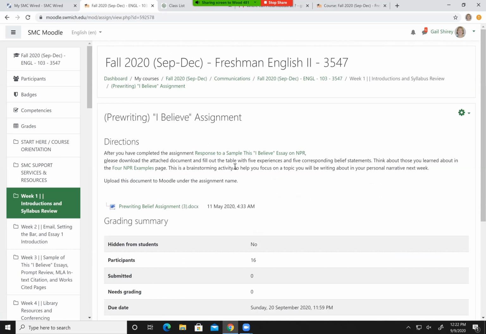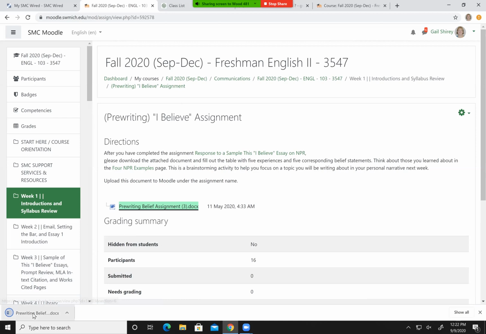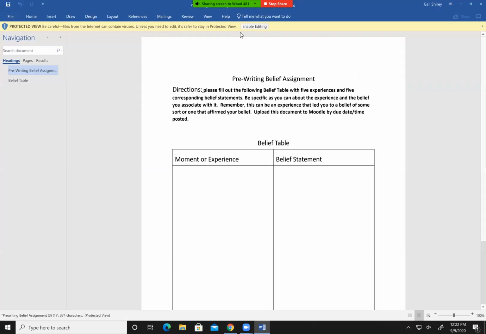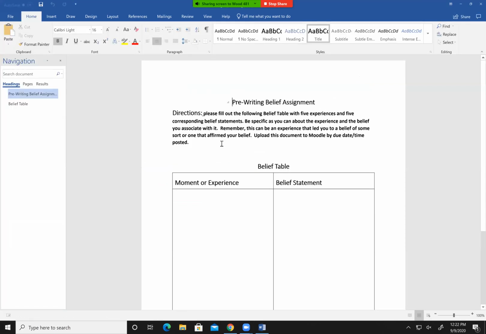In this particular assignment, this is a form, for lack of a better word. You just download the form and then you open it after you read the directions. It's asking you to fill in, okay, what were 4 or 5 life experiences? What experiences did you have? And then what's a corresponding belief statement that goes along with them? So I'm asking you to brainstorm here. After you've looked through the narratives and you've gotten some samples and examples and you kind of know, oh, this is what we're going for,